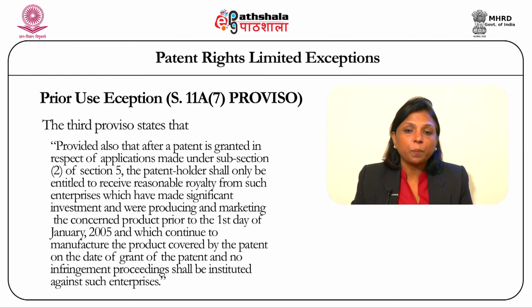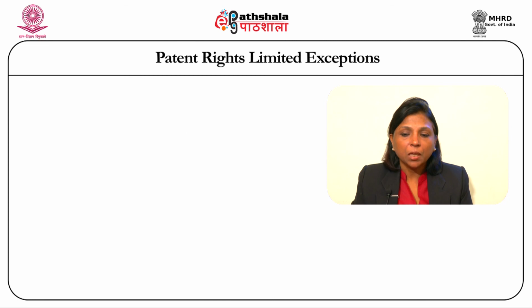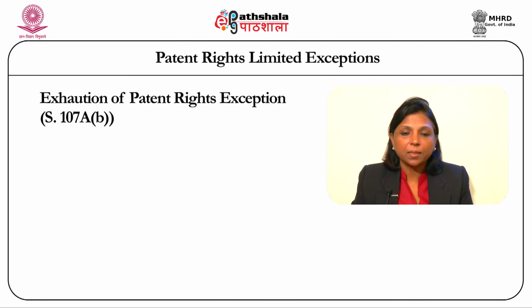Instead, I would have to pay him reasonable royalties, and I can continue with the right to work that particular invention. The last one is exhaustion of patent rights, and this is enshrined in section